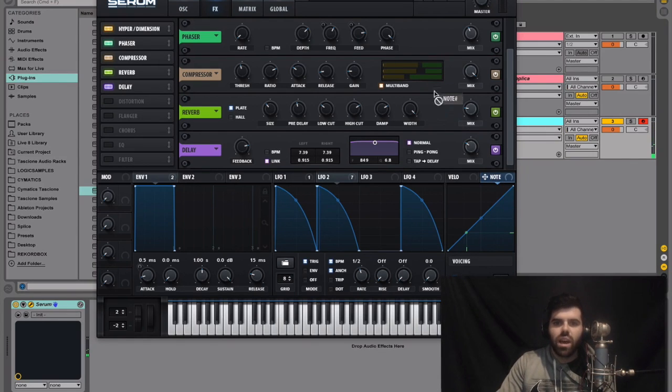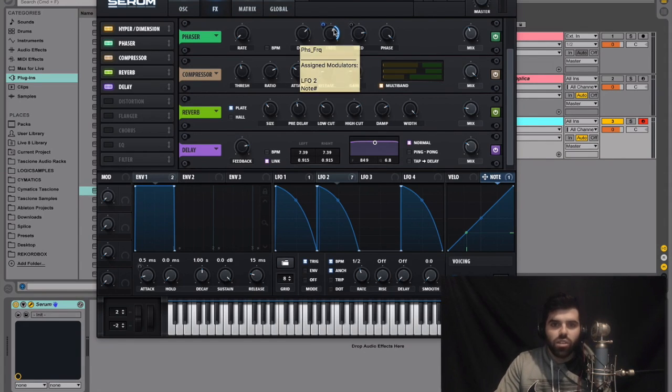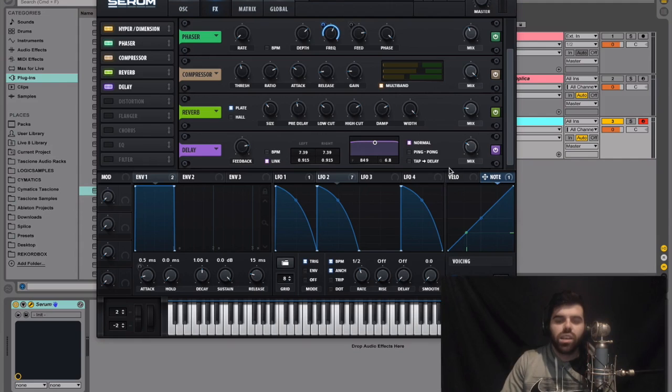So we're going to take this and put it on the phaser frequency. Right now it's going one way. We're going to want to hit Shift and Option to make it go both ways. And we're going to drag it all the way up. So basically what that's doing is, whatever note we play, it will be hitting different points on this frequency. And we can actually tone this down a tiny bit. We don't have to take it all the way up. But now let's see if we hear anything different. So it's not a huge noticeable difference, but you can see this little key tracking thing following when different notes are being played.